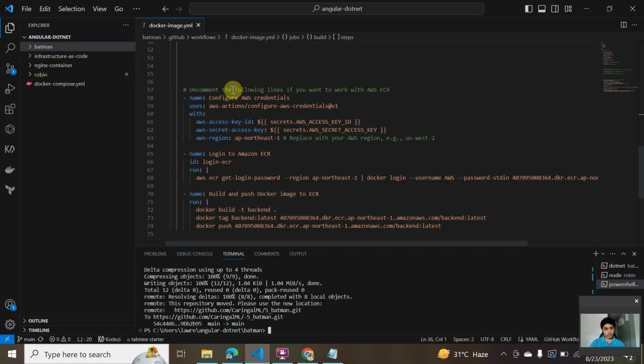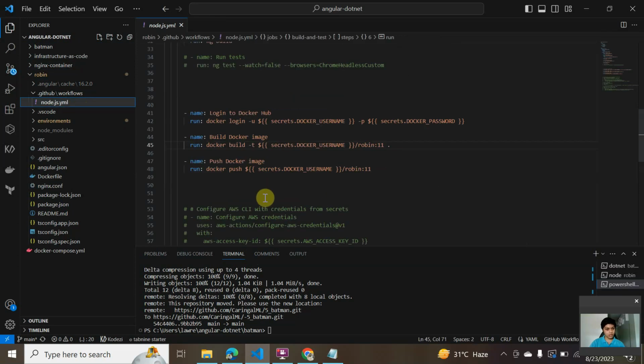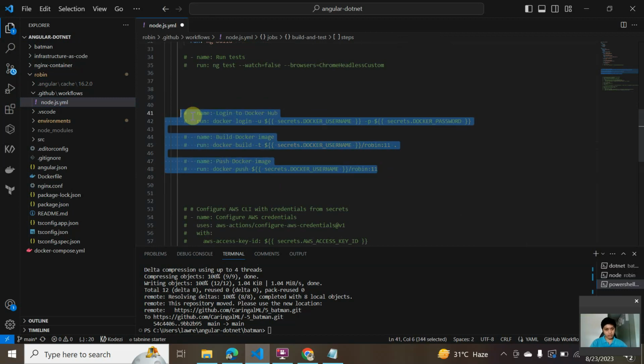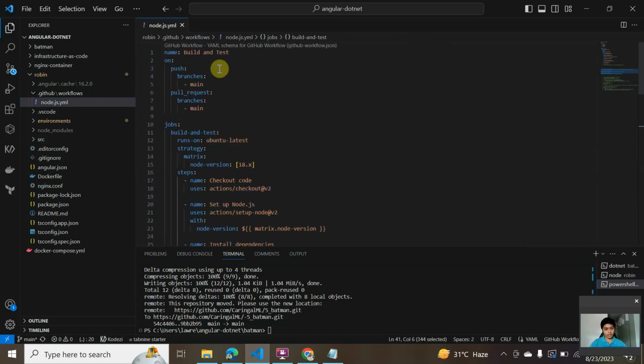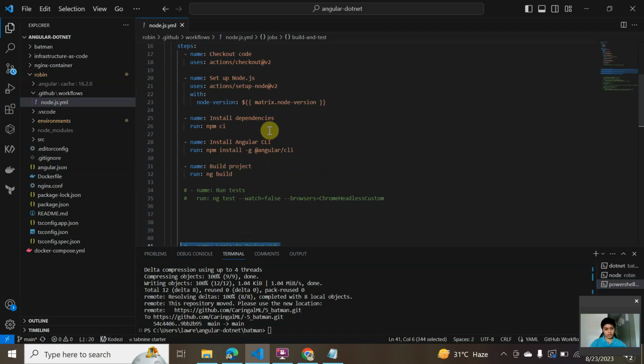image the same way. So we can go to our Robin, and then we can go to our GitHub Node.js.yaml. We're going to comment this out because we're not gonna push this to Docker Hub, public, open source. I'm just gonna explain this. Build and test our Angular. We're going to latest. The version of node is 18. Then set up node version, matrix version, install dependencies, npm clean install, npm ci,